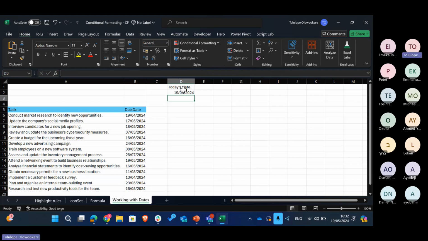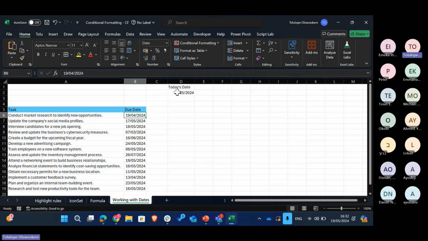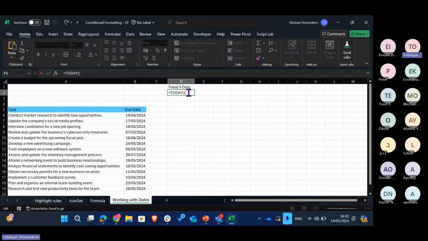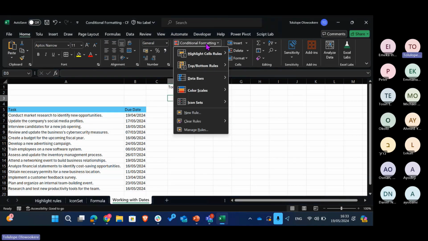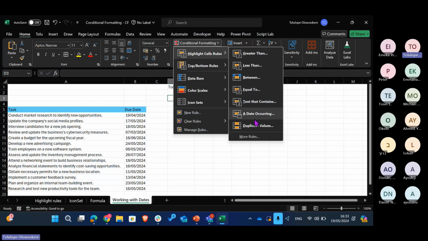Okay, so let's go on. I just use the equal to TODAY function to get today's date. All right. The conditional formatting option here also allows us to use